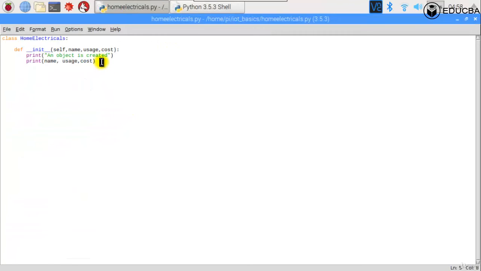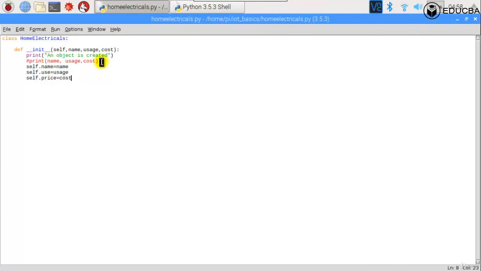I'll just comment this out. Over here, I have the object in the init method, by the way. What is the object? Self. That is the object. OB1 passes itself, so that is what is there in the self. Now I can say self.name, just like how I had created OB1.name. I can create self.name is equal to name, self.use is equal to whatever is the usage variable, and self.price can be equal to the cost that you passed. Are you able to understand?